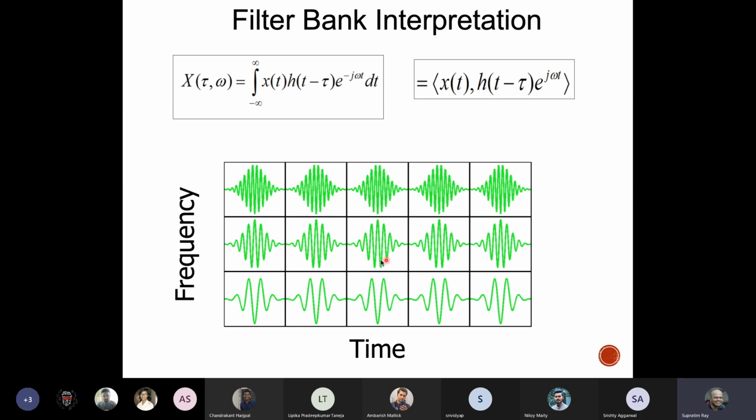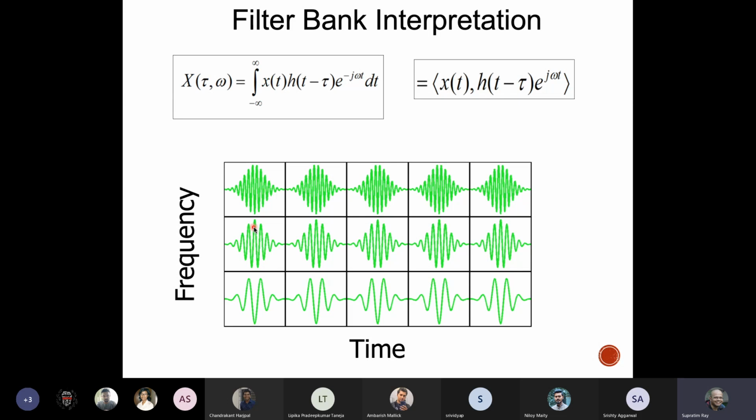So the way to think of time frequency analysis is that you have these little tiles. Within each tile, you've got a function that's sitting. And I'm just taking the inner product of my signal with that windowed function. And the value of the inner product is then shown as a color on this tile. The larger your inner product, the reddish it is; the smaller your inner product, the more bluish it's